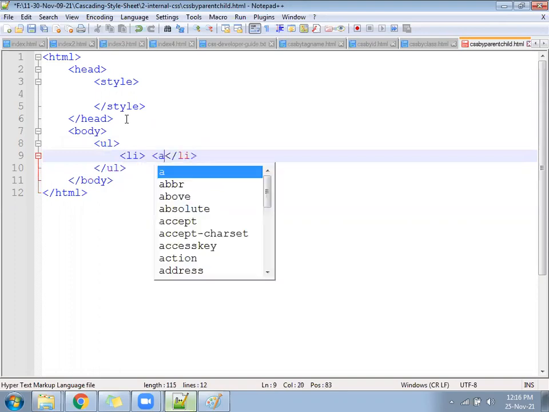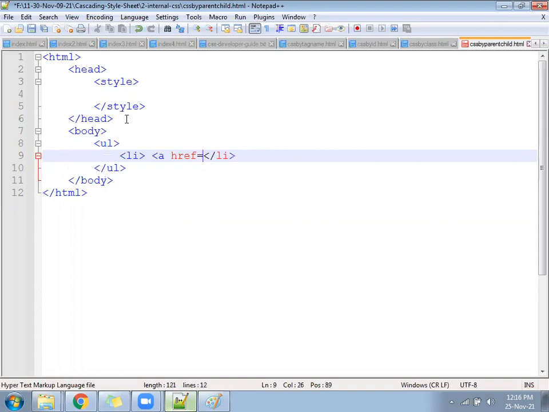Inside the li, follow the a tag. Write here some text.